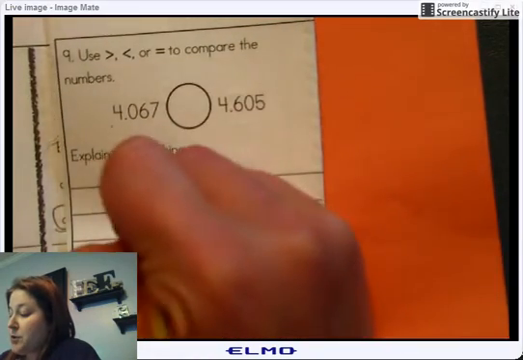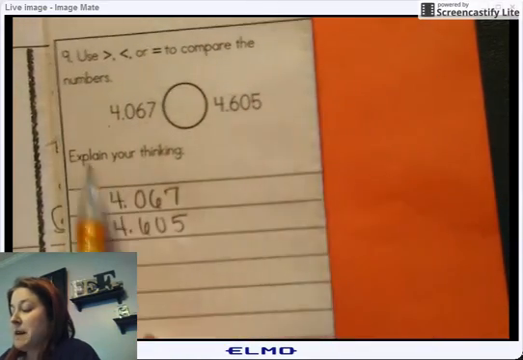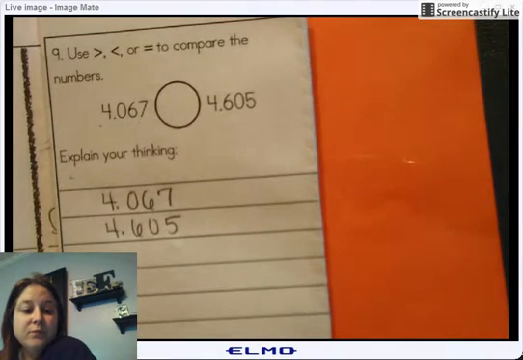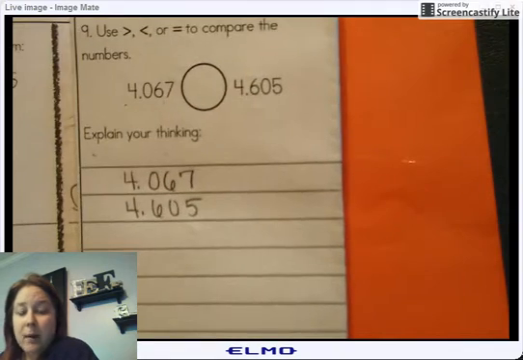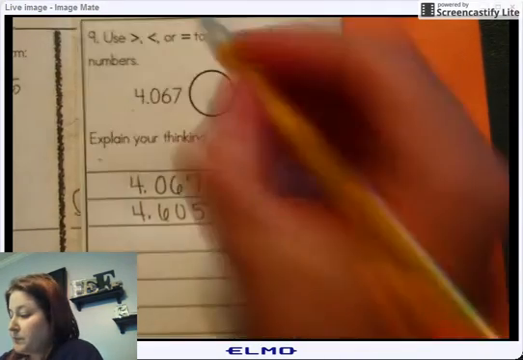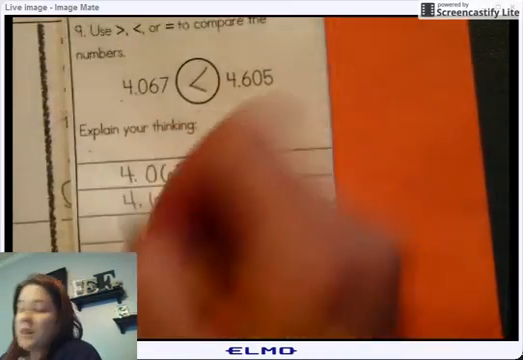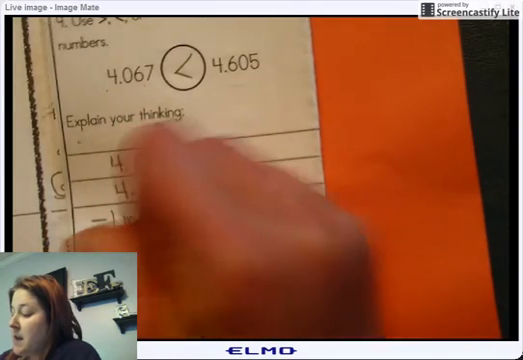I can see it. I'm sure you can see this without even lining up your decimals, but because it says explain your thinking, it's just easier to show your work. Indicate which one is bigger by putting in the correct sign. 605 is bigger. And to explain your thinking, you line up